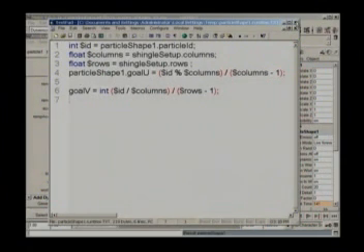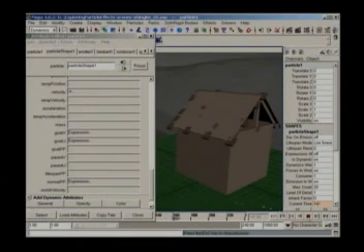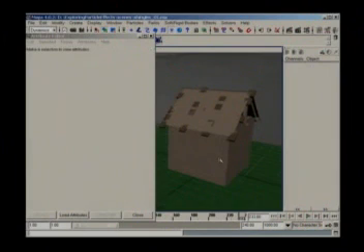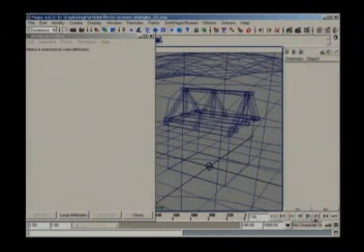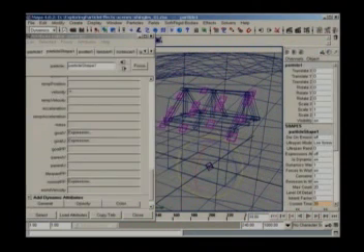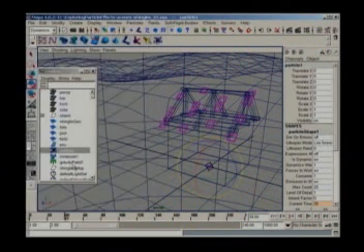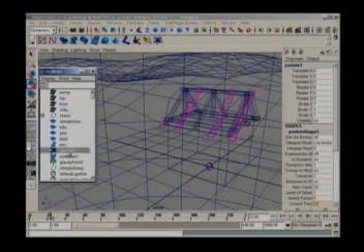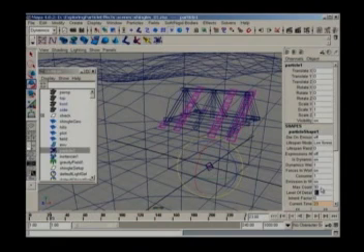On playback, you can see that the particles now form rows and columns, but the rows are not reaching the top of the roof, and they seem to be randomly spaced. This is in part because I set the max count of the particles to 20, yet I have specified that I want 5 columns and 6 rows, which would be 5 by 6, or 30 particles. I'll set the max count to 30, and now the particles fill the roof, but the shingles are still not